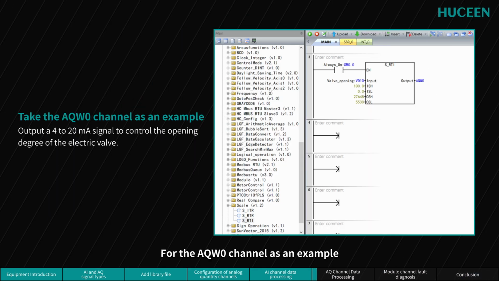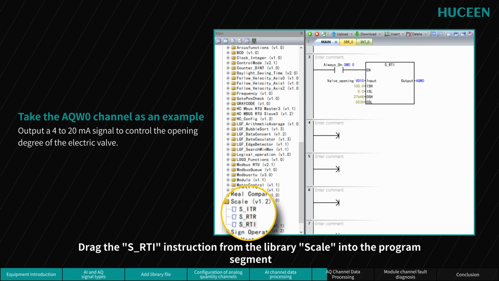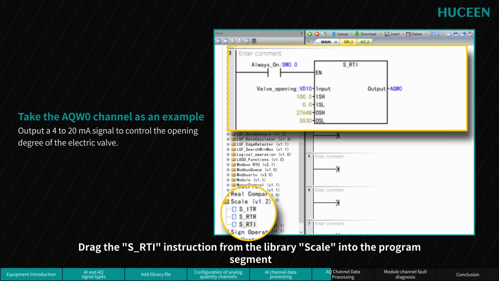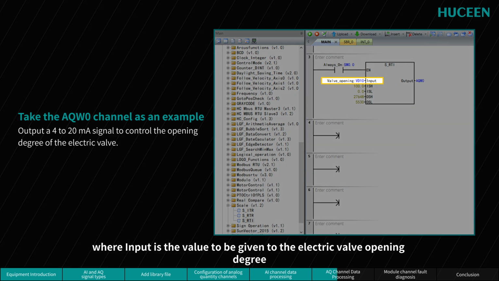For the AQW0 channel, as an example, this channel outputs a 4 to 20 mA signal to control the opening degree of the electric valve. Drag the S_RTI instruction from the library scale into the program segment. This instruction uses the common enable bit, where input is the value to be given to the electric valve opening